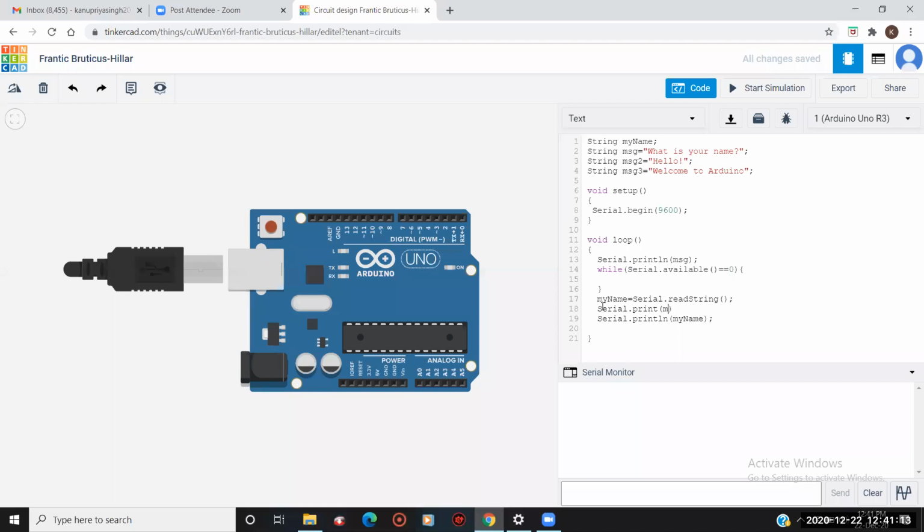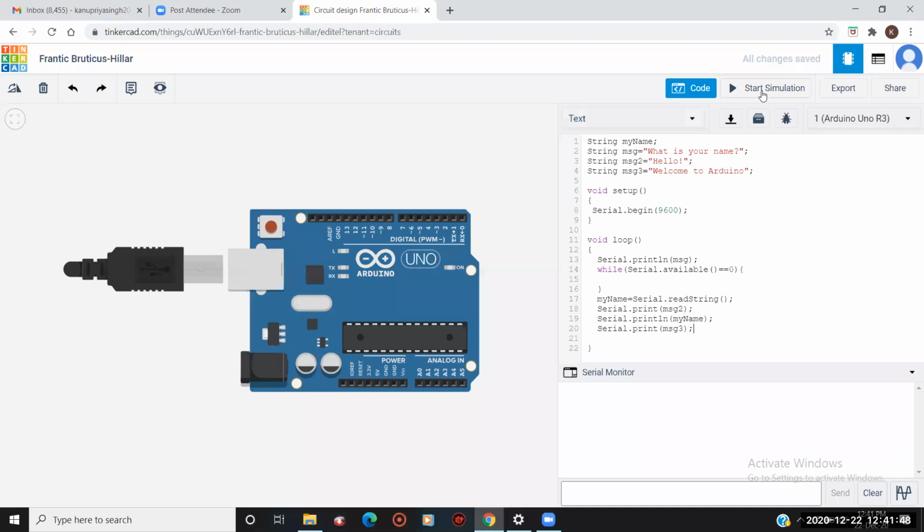The second message, that is message 2, and I'll terminate this line, and after that my name will get printed like this, and I want now the third message should get printed. Print. Now message 3. Now I'll terminate this line here.